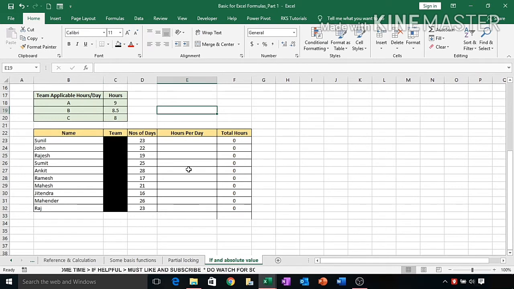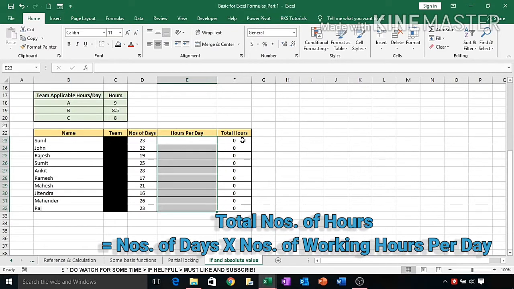Let's take another example to understand the locking system. Now we will work on full locking, that is known as the absolute value, and we also use a little bit advanced use of the IF function. Say we have some employee names here and the number of days they worked in this column, and here we put the number of hours per day they worked, so that we can get the total number of hours they worked in a month. Say we put 9 hours per day and select all the cells, press Ctrl D. So it is the total number of hours each employee has worked in a month.